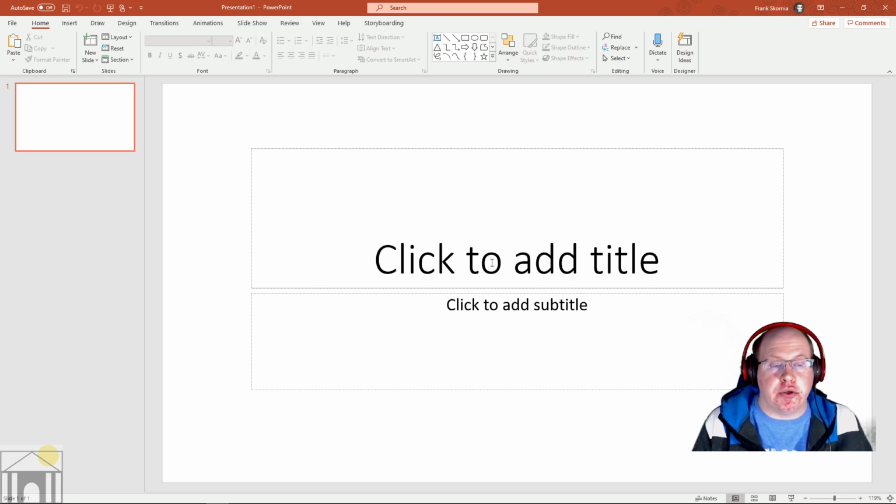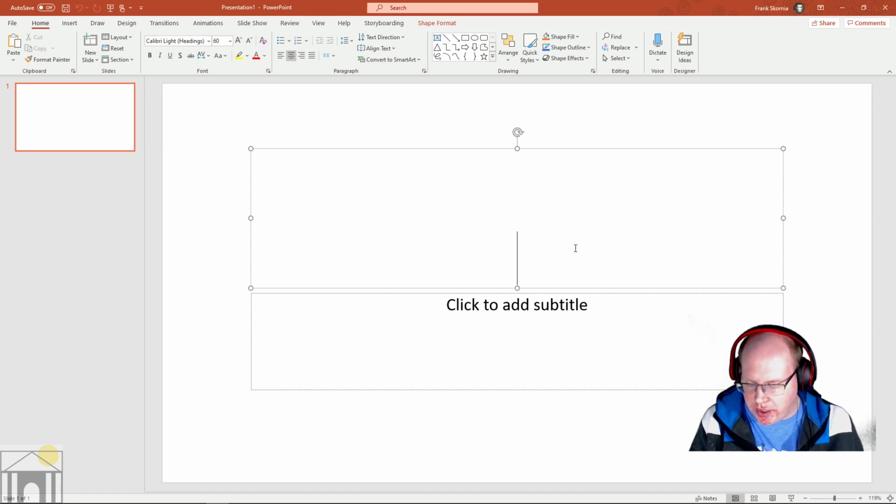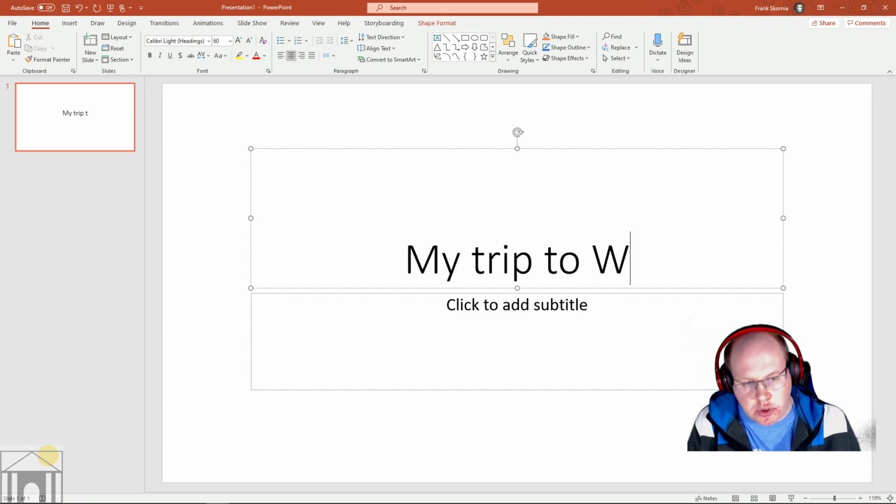So the first thing that we're going to do, actually, we're going to click where it says click to add title. Kind of straightforward. And you'll notice that the click to add title disappears, and we now end up with a box with our flashing cursor. And in there, we are going to type my trip to Washington,